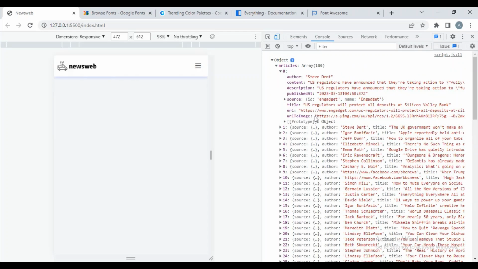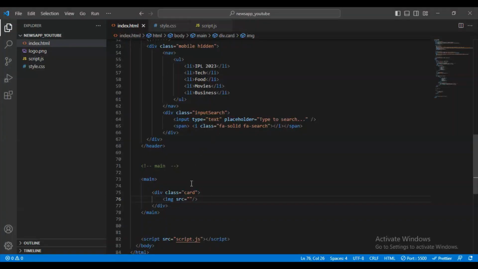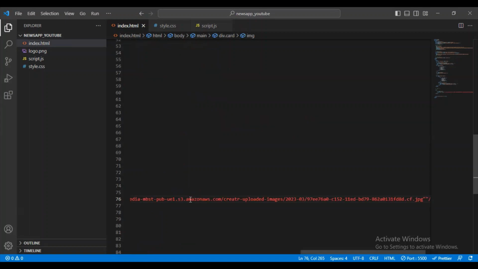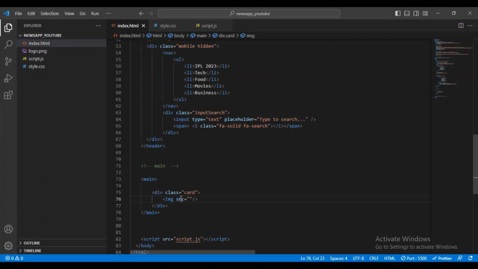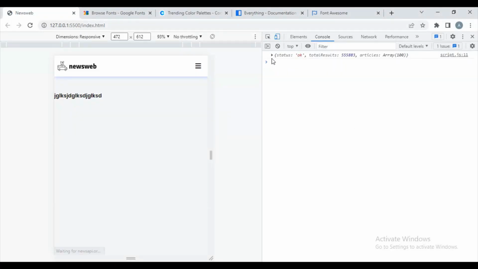I will just copy this image, and here I will paste this. Okay, it will be giving, and this is a main, and after that I want to display the heading title of this. Here I was just randomly, and after this I will display